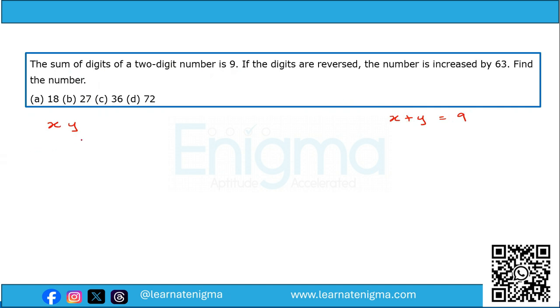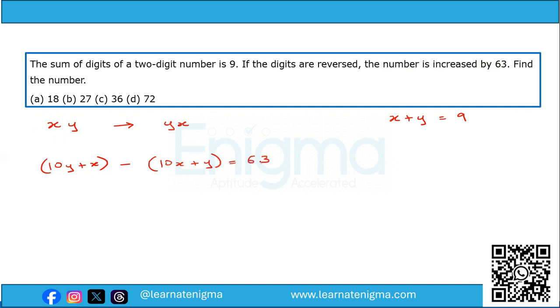Now, if we reverse the digits, the number becomes yx. And it is mentioned that the number is increased by 63. Now, yx, we can write it down as 10y plus x. Now, this number is 63 more than the original number. So, the new number, that is 10y plus x, minus the original number, that is 10x plus y, is equal